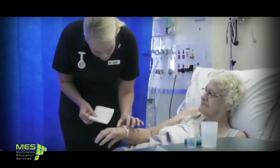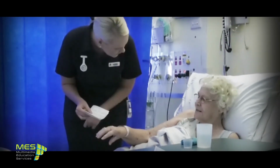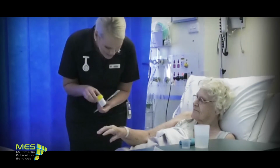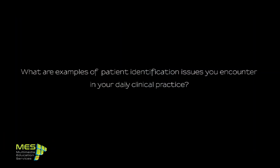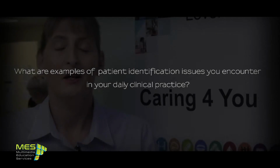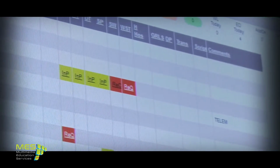Needing to obtain samples, so we might ask for a urine specimen or need to obtain a blood test from you, is another example. We'll make sure that we accurately obtain your patient identification details for safety. So I've mentioned a couple of examples, with our medication administration and then also on admission to the